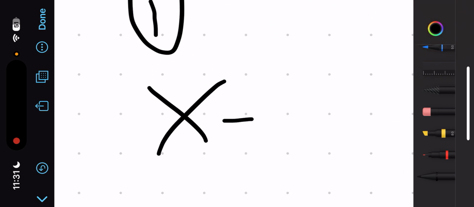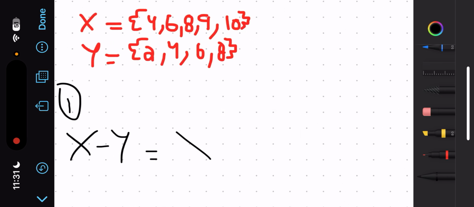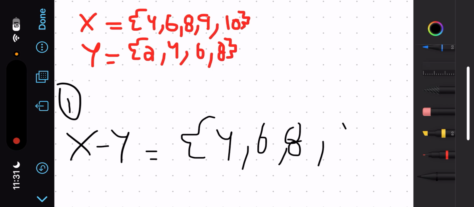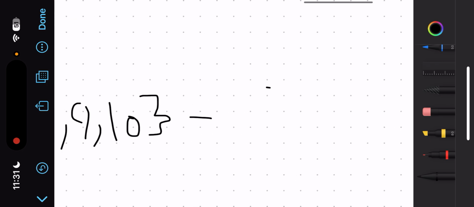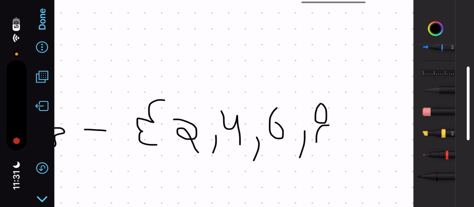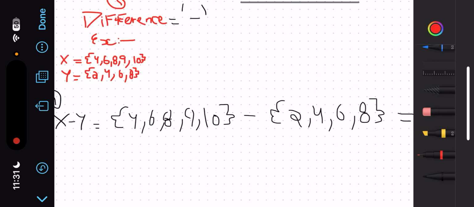x difference y is equal to, we will write here the x elements minus the y elements. Now listen carefully.